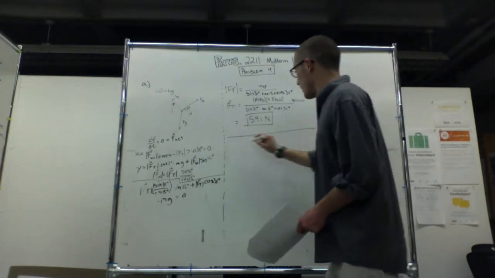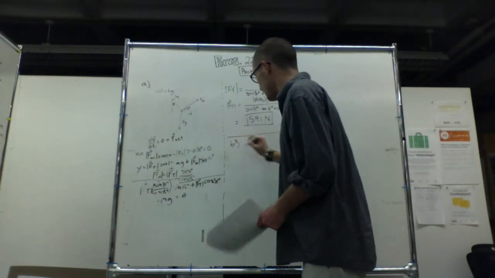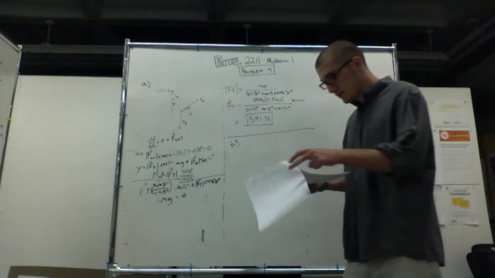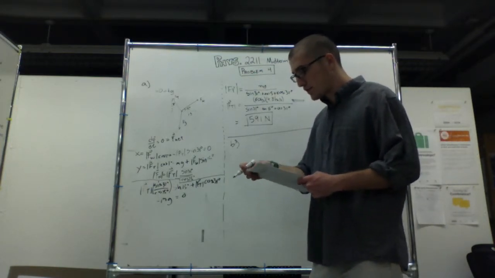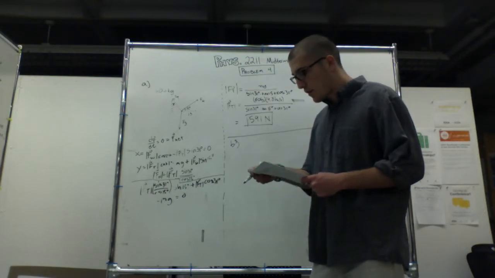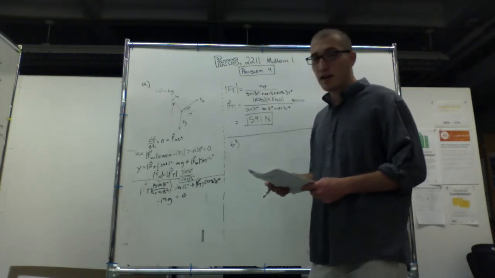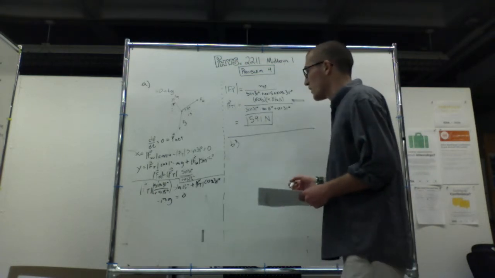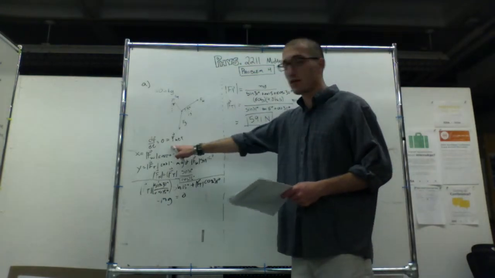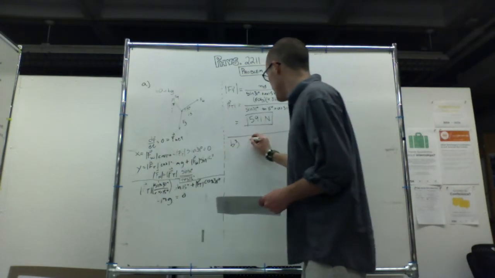So for part B here, part B says, determine the magnitude of the wall force F required for the mountain climber to remain stationary. So again, we have to start from a fundamental principle and show our work. So if we go back to our fundamental principle here, we know that dp/dt